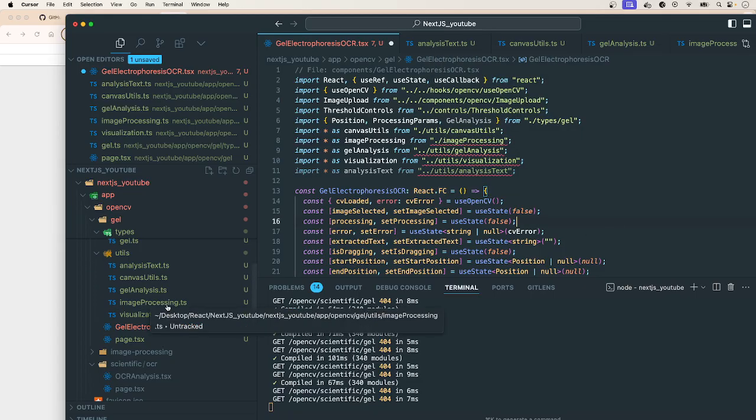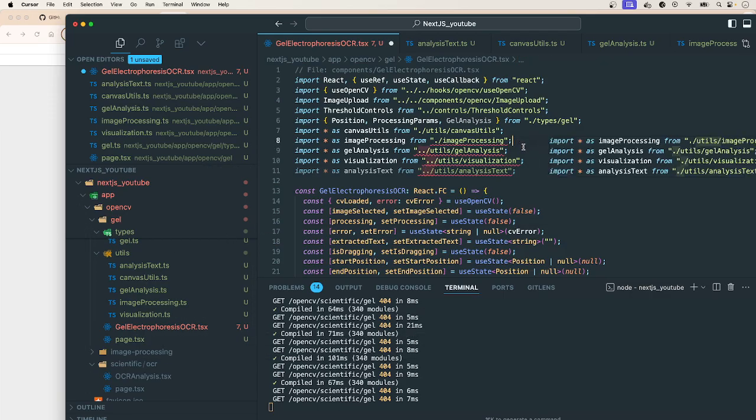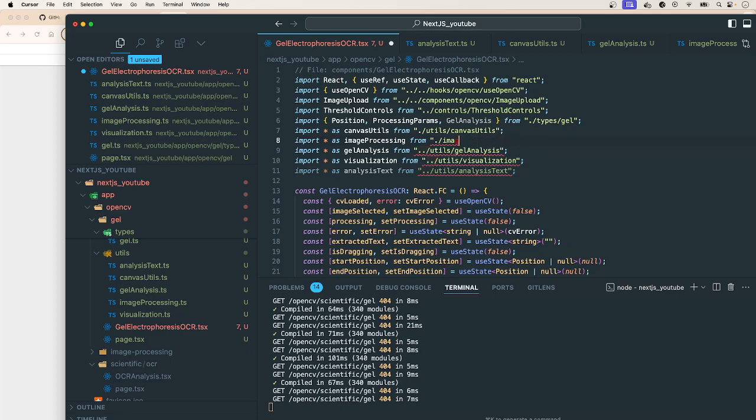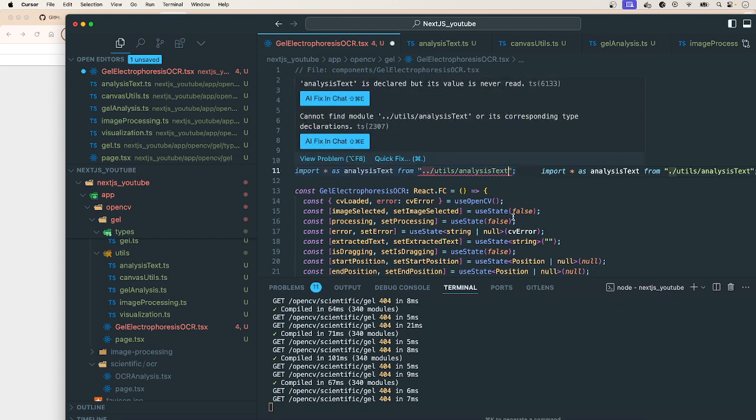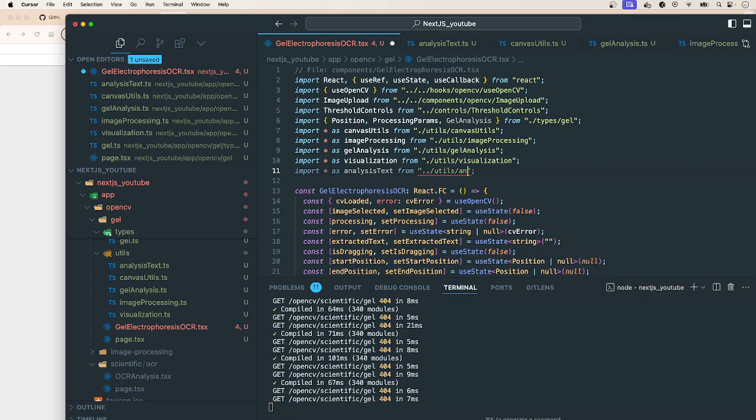Image processing, TS. Why is it not picking it? Oh, I don't like to program at the same time because I think it's a waste of time. We can use that time for something else, but